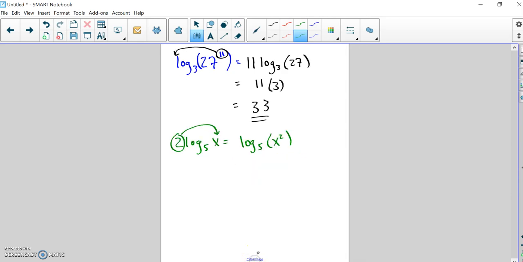Or if it helps you out, you could also take something like log base 7 of x to the 5th. And if it helps you, you could take the 5 and put it back out front as multiplication. So you can use this property in either direction. Just depends on what's going to help you the most for the particular problem that's given to you. Okay? So those are our 3 smaller properties we have, and you'll actually use these ones the most, but they're a little bit easier, are the product property, the quotient property, and the power